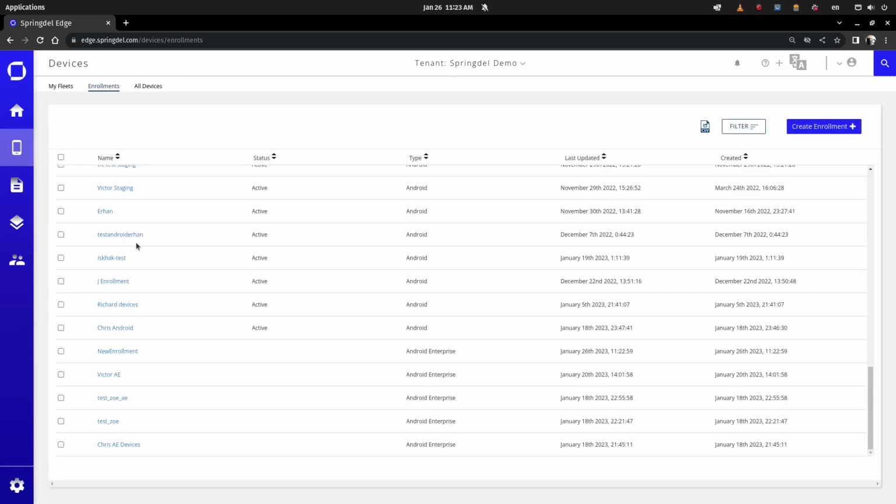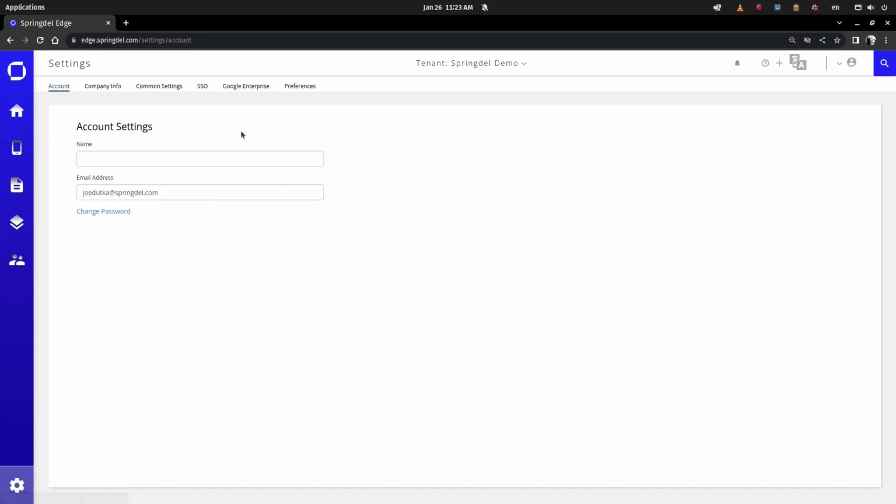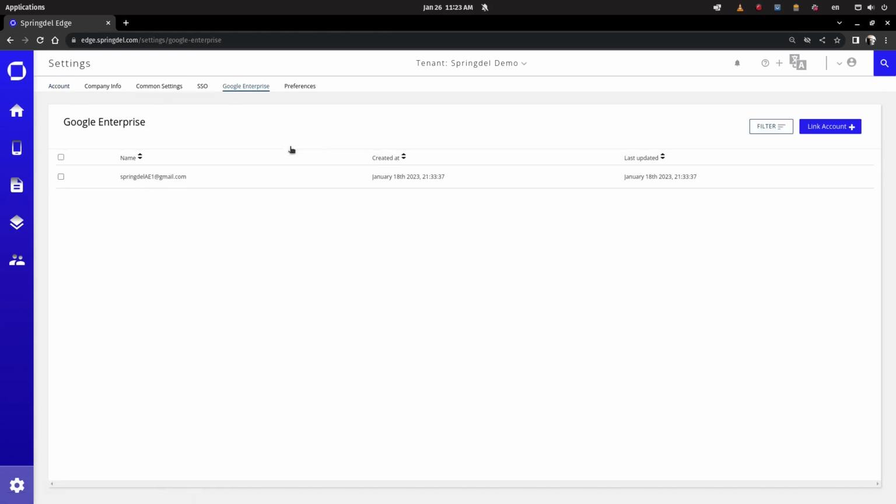To view information about where the Google account gets associated, it's over here. So in settings, there's a Google Enterprise tab. This is where you would associate your Google account. This would be the managed Google account that you want to use, which is what hooks into the Android Enterprise so that you can then enroll, manage, and then create profiles and access the Play Store and push applications to